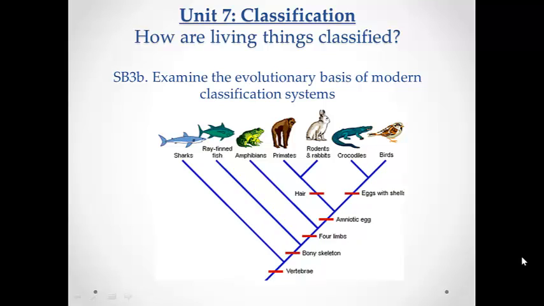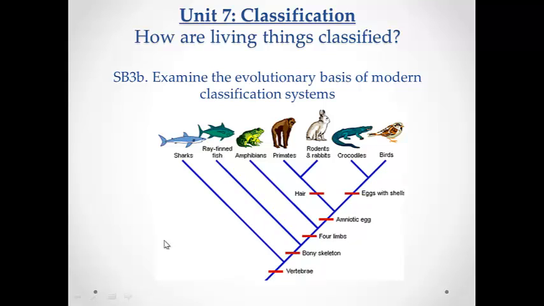Alright, this video is an introduction to the classification unit where you're working with the essential question, how are living things classified? We're working off the standard SB3, element B, examine the evolutionary basis of modern classification system. Alright, you're looking at a cladogram, which is a diagram that will show how closely related organisms are